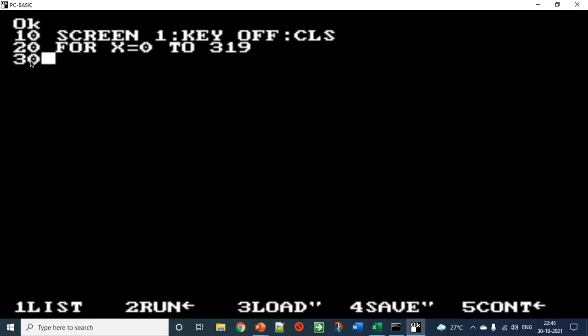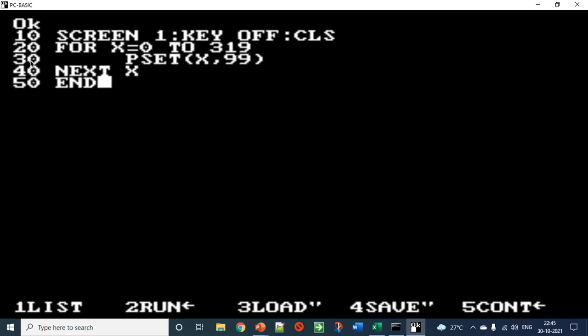Now 30, I have to say PSET x comma y, midpoint is 99. 40, NEXT x. 50, END.